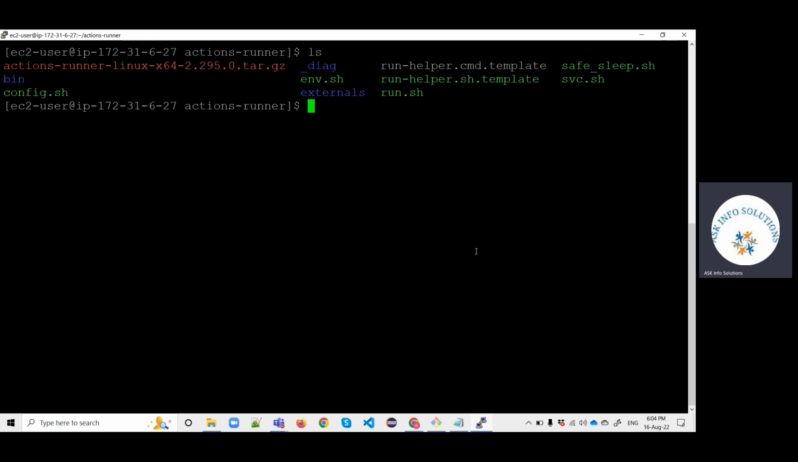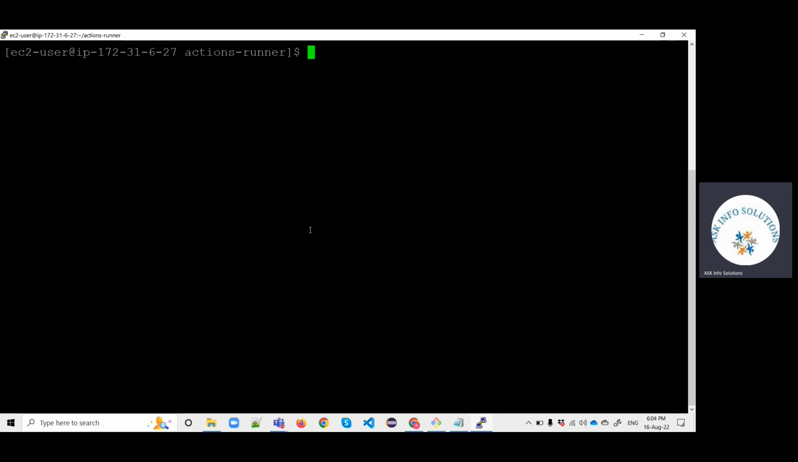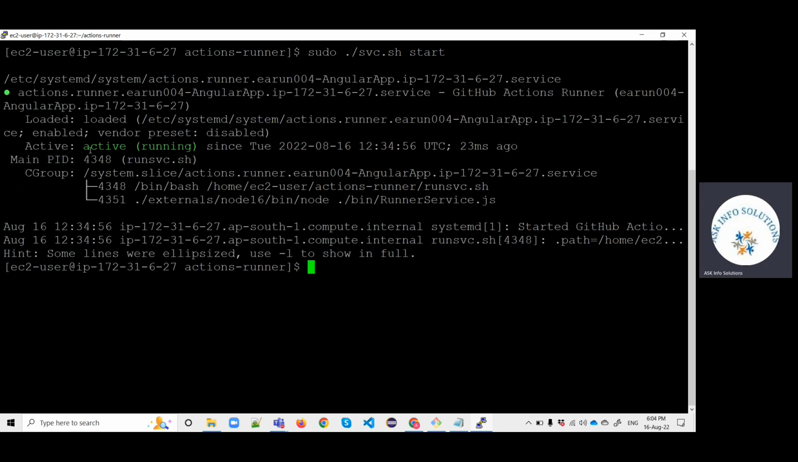You must run sudo ./svc.sh. Okay, you must run this file: install. Okay, see it is installed. See, it has created one symlink and it will start the following. And again you need to run start instead of install. Then only the action runners will keep on